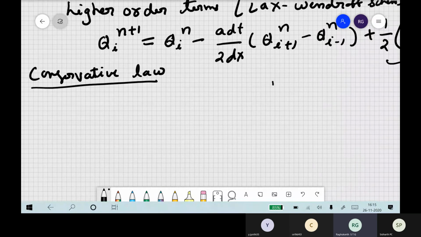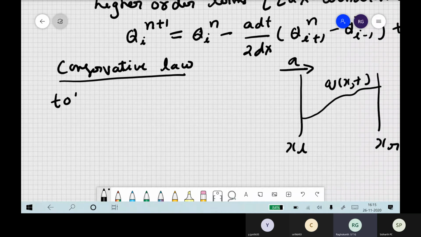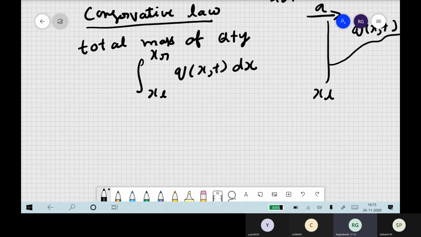For example, we have a volume like this. This is my left side and this is my right side of the boundary, and this is my q(x,t), and let us say the fluid or whatever it is flows with a velocity a. So the total mass of the quantity, we are doing in a different format, between x_L and x_R, is the integral of q(x,t) dx. It is a one-dimensional problem. So this is the total mass of the quantity, and if I want to find the change in its mass